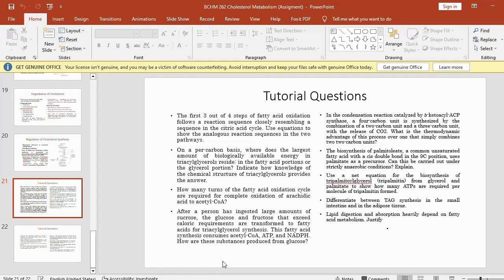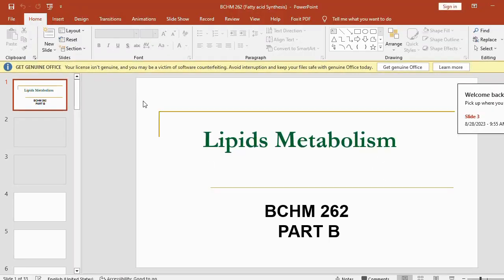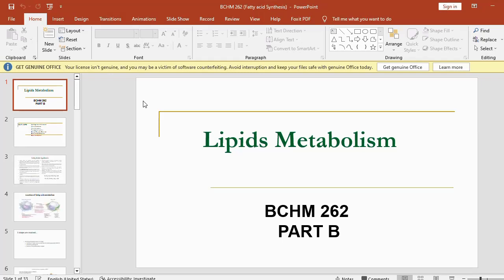Now the next question says the biosynthesis of palmitoleate, a common monounsaturated fatty acid with a cis double bond at carbon 9 position, uses palmitate as a precursor. Can this be carried out under strictly anaerobic condition? Explain. Now, this explanation is just simple and direct, because on the enzyme basis of synthesis, we made mention of this enzyme desaturase, and this fatty acid desaturase, I said, is a mixed function oxidase. Being a mixed function oxidase, I said there are quite a number of reducing molecules involved in the reaction,